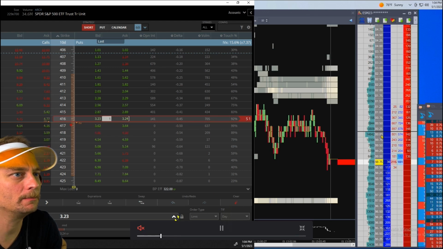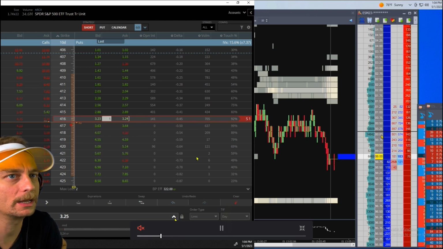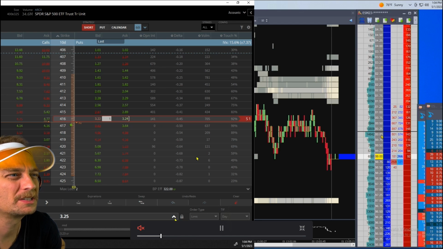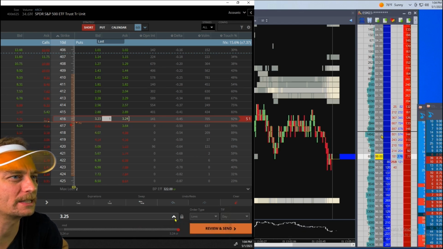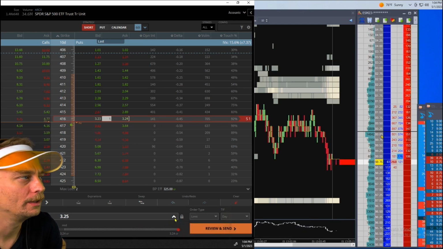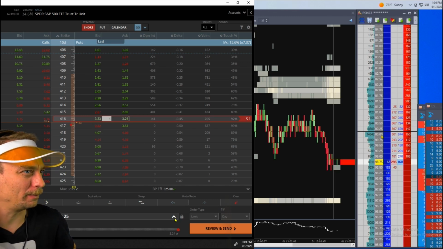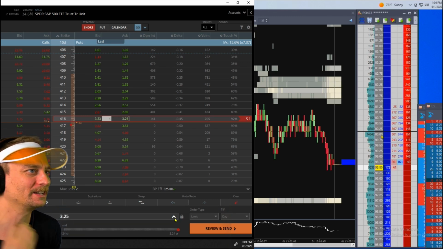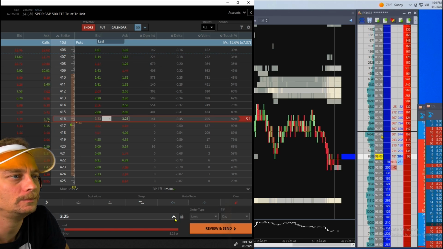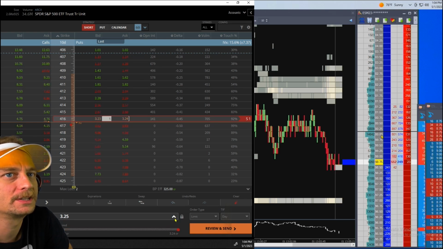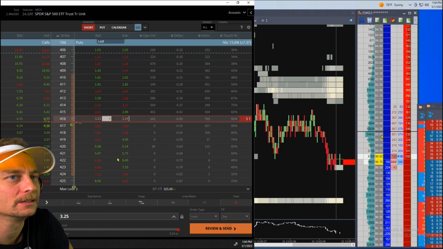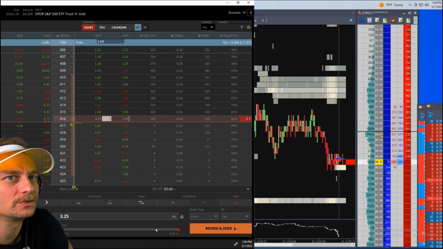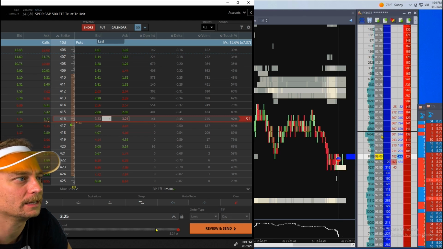So now I'm going to be raising the limit to where I want to get filled. Because I'm not exactly sure where it's going to go. That makes it a little weird. Like, where's the bid offer going to be when ES gets to a certain place on the chart? It's going to dump more here in just a second, as soon as it gets to this liquidity at 98.50 on the ES.